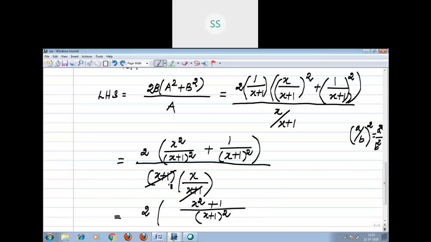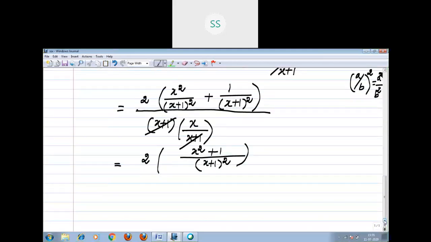Here you see x square divided by x plus 1 the whole square plus 1 by x plus 1 the whole square. In the numerator, the fraction is having the same denominator. So you write it as such as the denominator. Numerator alone you are going to add, that you arrived as x square plus 1. The whole thing divided by what? Anyone. Yeah, very good. Only x is left over in the denominator, right? Divided by x.